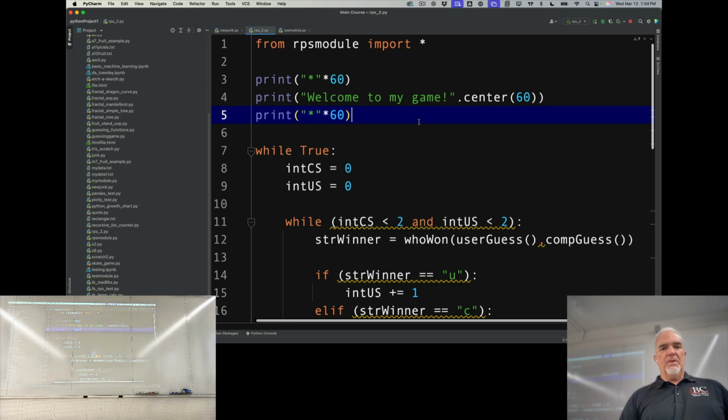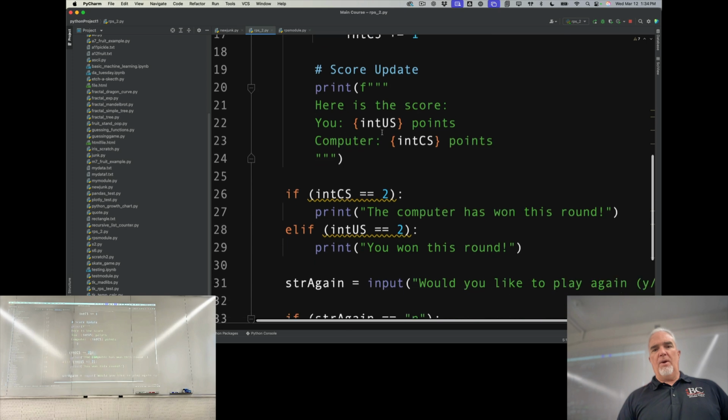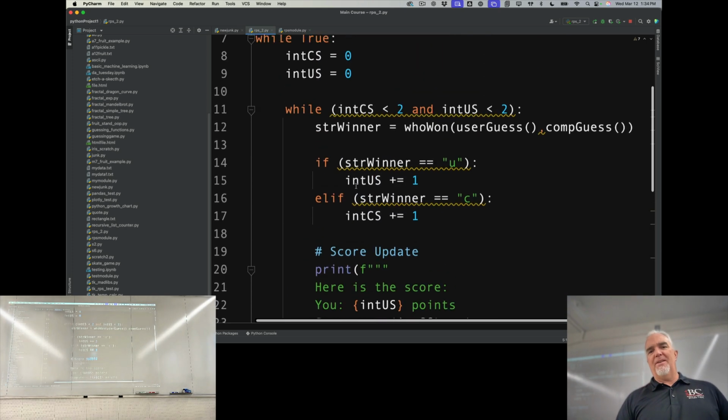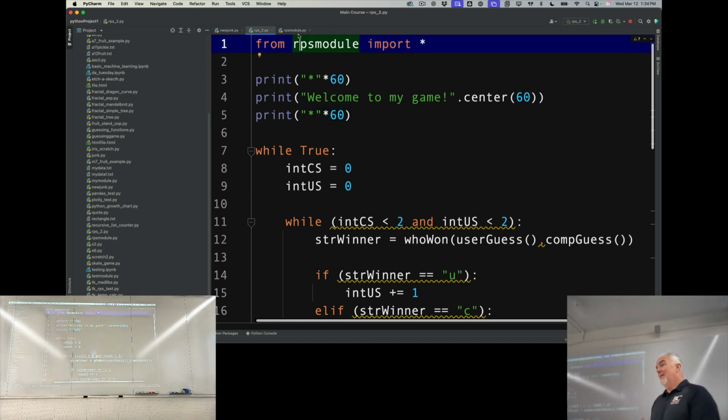And you could take other pieces of this, obviously, where you're printing the score. I mean, you could shorten this main program to probably about a dozen lines of code if you really condense things. And most of the functionality could be out here in this RPS module. Now, this is a good example because it's something we've already worked with and you're familiar with the code, but it's not a great example of a situation where I would actually use an external module, right?